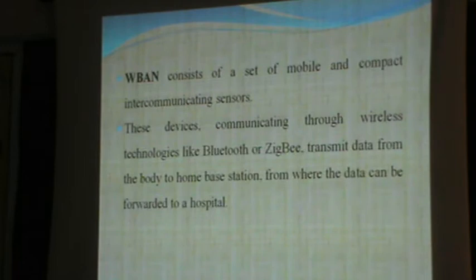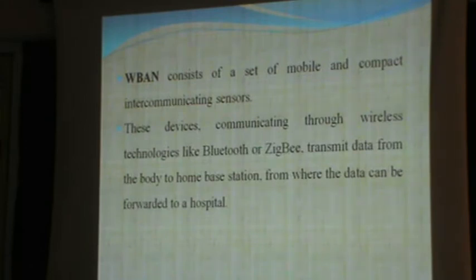And these are intercommunicating sensors. That is, one sensor can communicate with the other. Each can be called a node, and each node can communicate with the other node. Mainly in the case of an ad hoc network, the nodes can communicate with each other. Or you require an intercommunicating sensor. And these devices